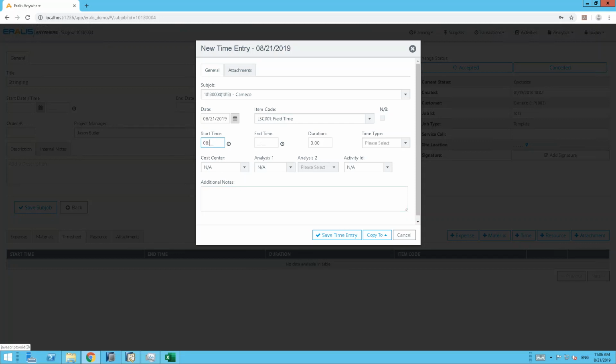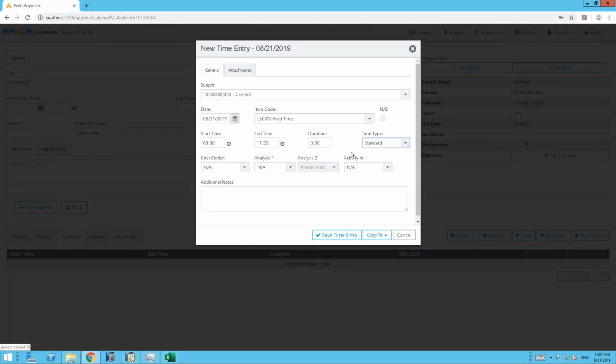But here's a trick. So let's say Buddy was the crew chief and got to the site at 8:30, worked till 11:30. So put that in there. So 3-hour duration, standard time. Now, all of the individuals in your organization can have access to this, but if really what you'd like to